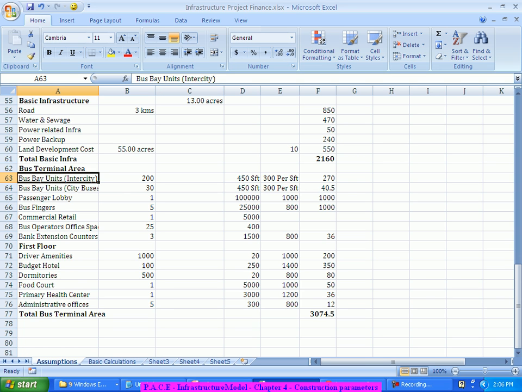Out of all these things, what are the sources of generating revenue? Probably I am building a budget hotel. How much should I charge? Right? So all these will become assumptions. So I am assuming that probably I may charge this much from the hotel stay